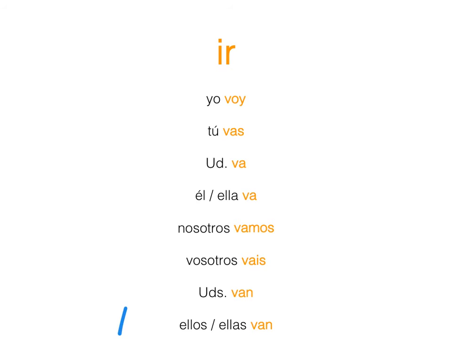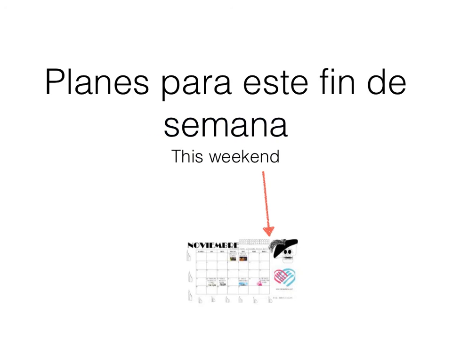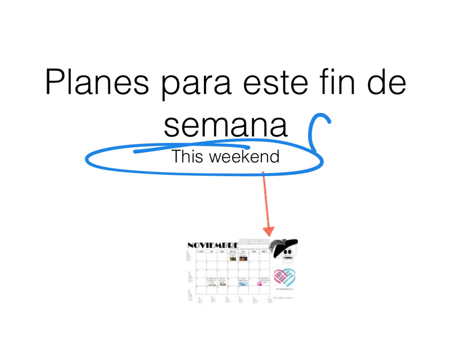Bueno. Ok, esas son las formas del verbo ir. Un verbo, so careful. It's not an IR verb, it's its own verb. Es irregular. Yo voy, nada más. En clase miércoles, nosotros vamos a hablar del verbo ir para el futuro. Entonces vamos a usar este papel en clase miércoles, ¿ok? Pero ahora